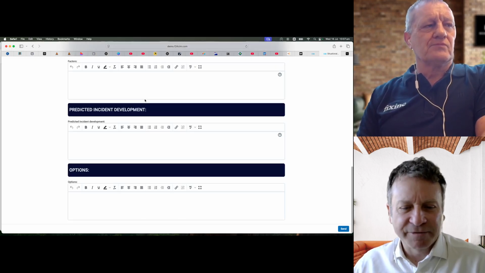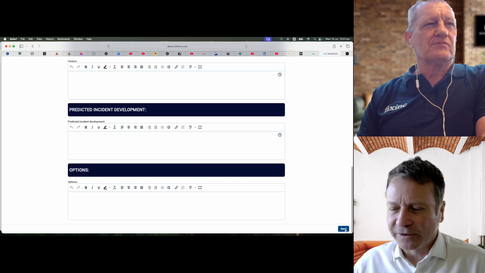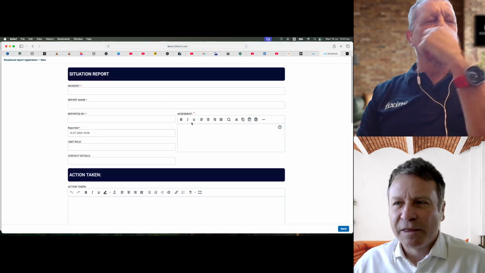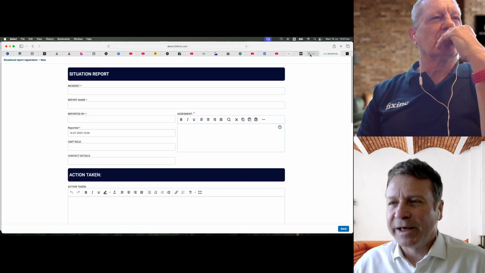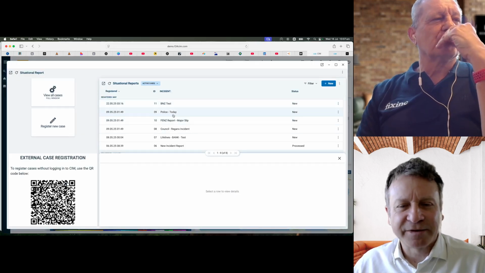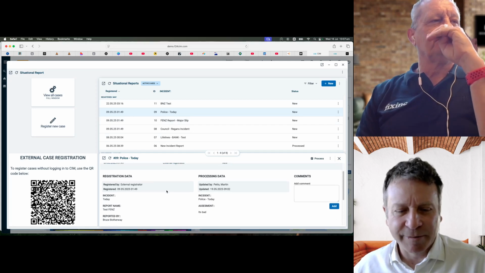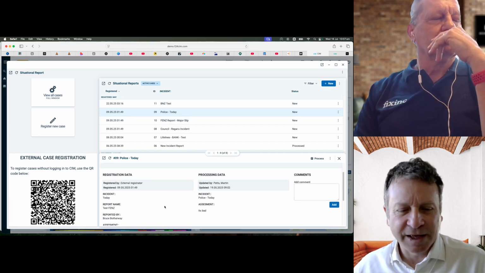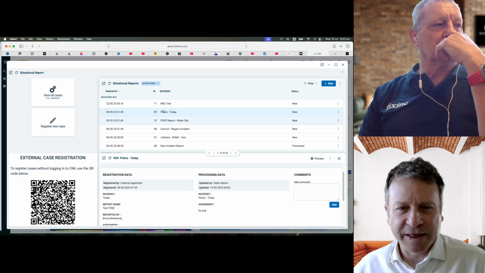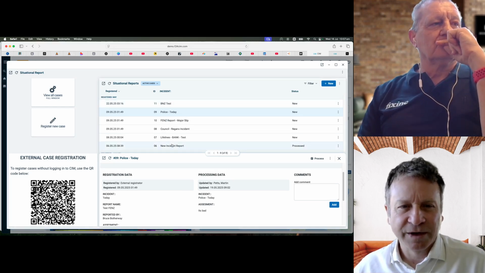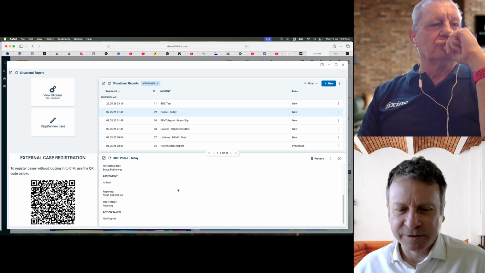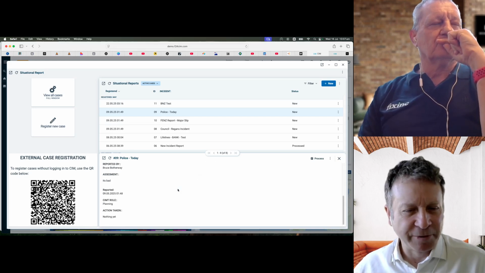As soon as they have completed that and clicked on the send button on the bottom right, that will then appear in this list. So if I click on the police situation report, again it's a demo, but if the police had filled that in via this QR code, as soon as they click send, it appears in this situational reports list, and we can get a real-time update